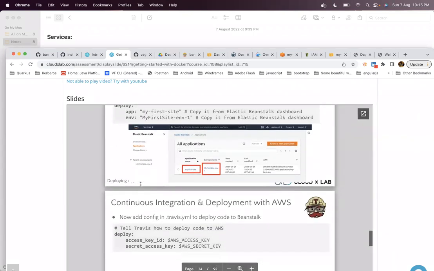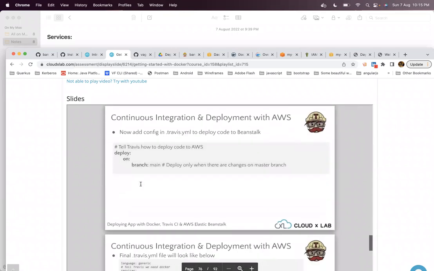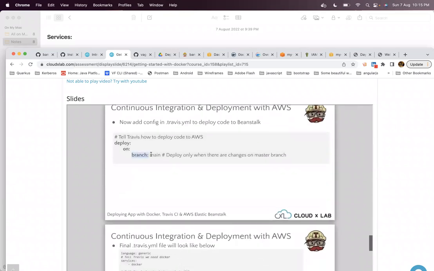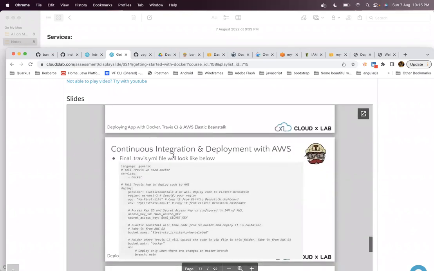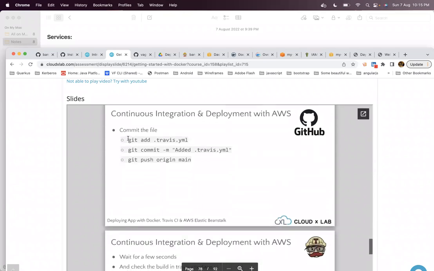So in travis.yml we give all those details. We filled all those details appropriately, and we mentioned that any commit or push to the main branch triggers deployment, via this particular syntax, deploy on branch main. That's what we did. After that, we make a small change in our GitHub and push into the main.